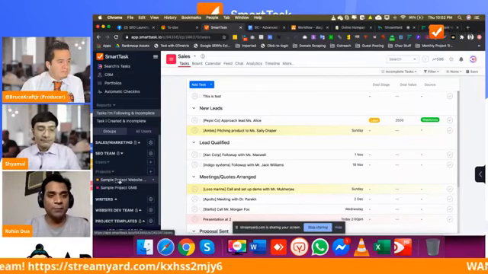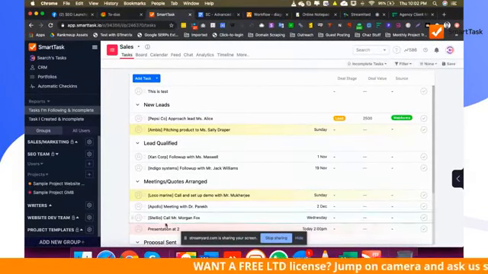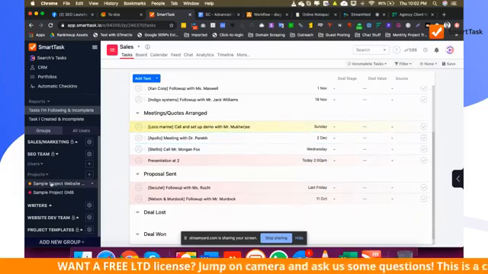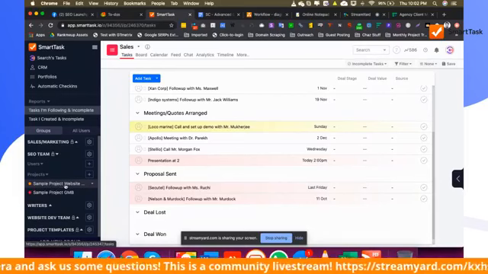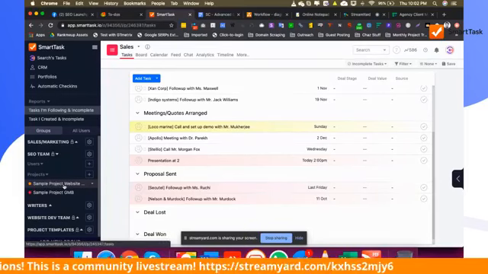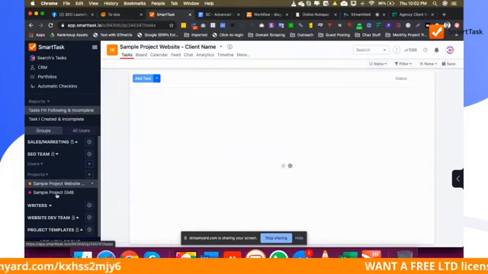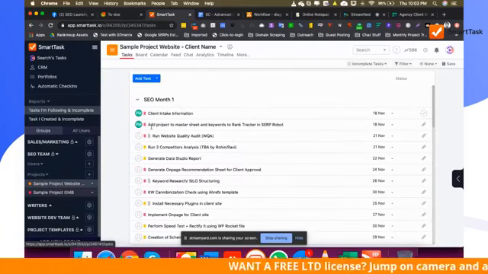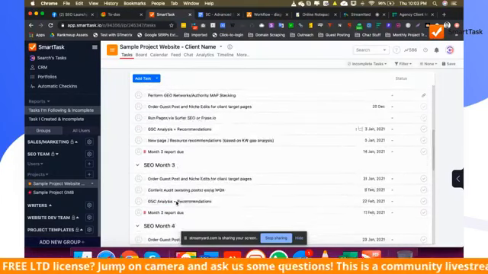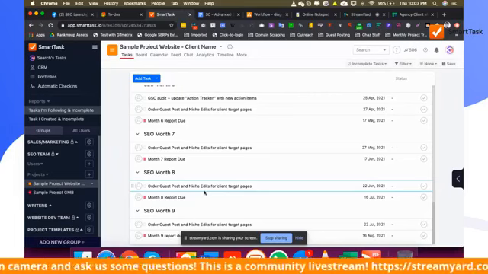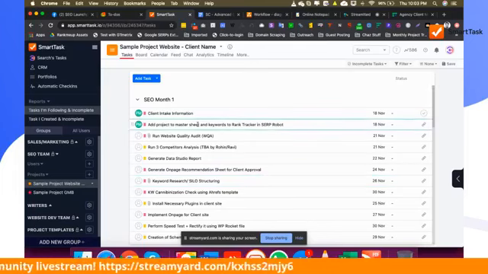So that's it. And then what I did, because SEO is one of our main modules, things usually go this way. Once we win the projects, we usually move them to different CRMs. In this one, it's going to move out to SmartTask. So what I did, I actually added 2 different templates and set it all out together. That probably took 2 to 3 days to get everything done. I used one of your base templates and put it all together till month 9, because this is what we have seen: on average, clients stick with us for that much time. So I said, all right, give it an action plan till 9 months.